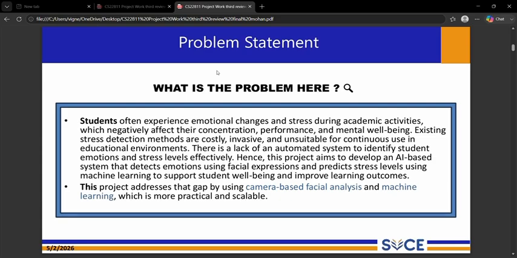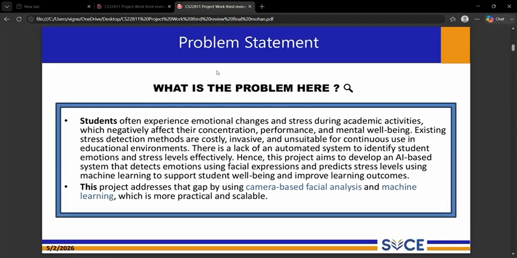Problem statement. The main problem we identified is that students often experience difficult emotions during their academic journey. Their stress negatively affects learning ability, concentration, and overall mental health.